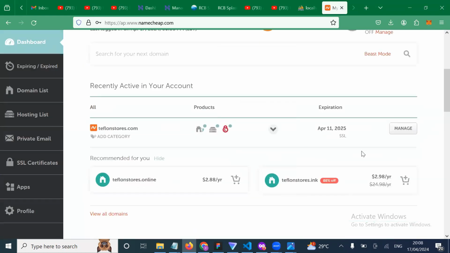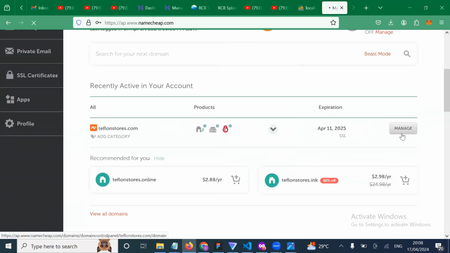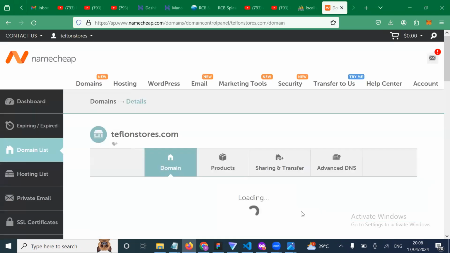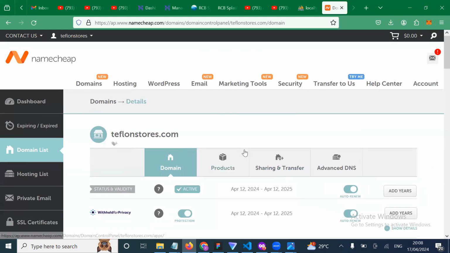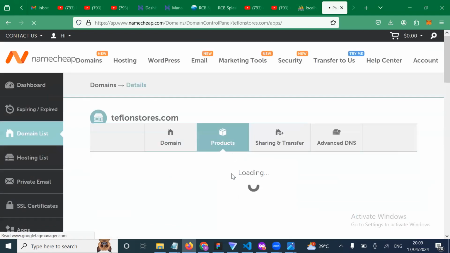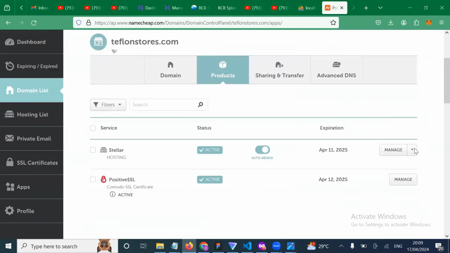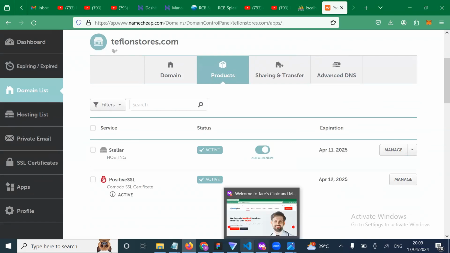So today, what we're going to be looking at is how to install WordPress. Understand? And probably by next class, we'll learn how to customize so that we'll not bombard you guys with a lot of information. So when you go to manage, you go to product. From your product, you can just go to cPanel. But if you have your cPanel login detail, you can just use the URL, put the username and password. But you can still, from your Namecheap, log in directly to your